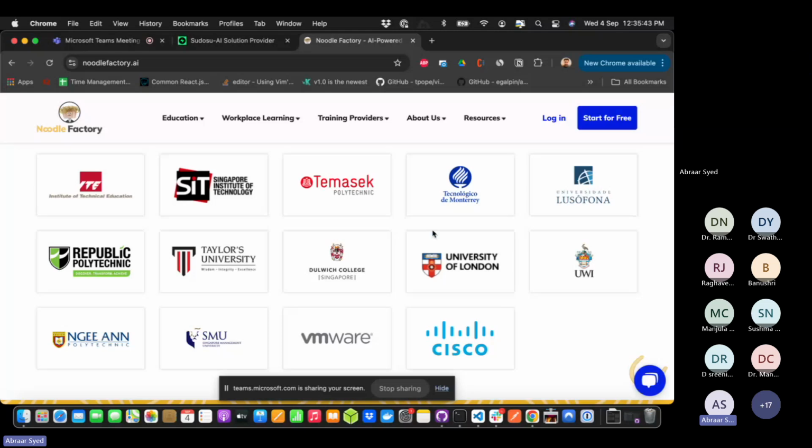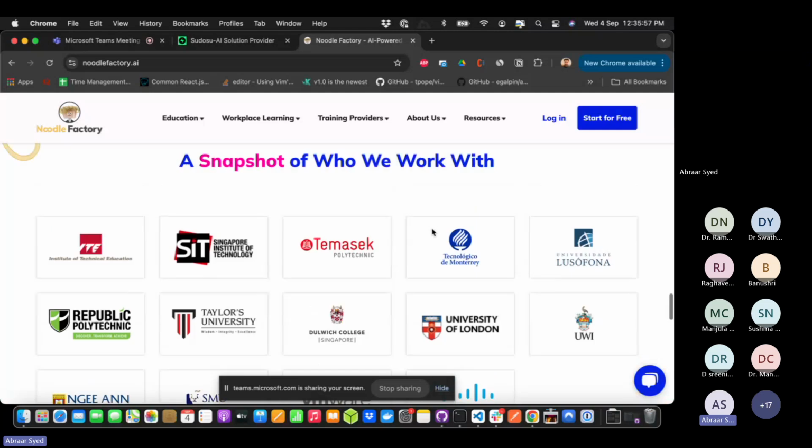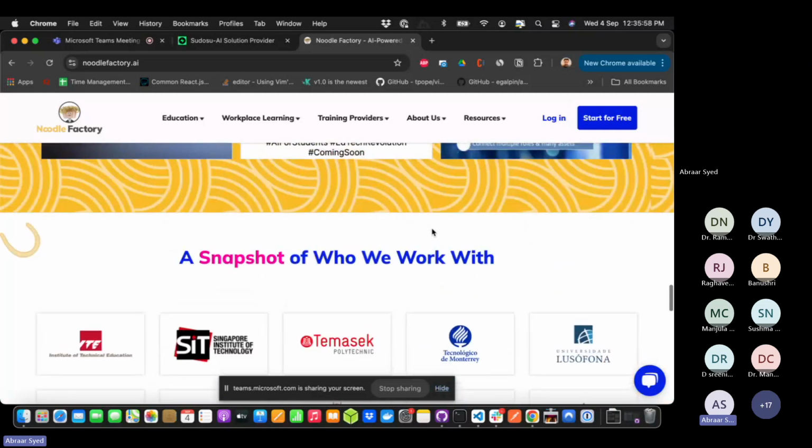And we did this before LLMs and transformers came into the picture. We even collaborated with AI Singapore, which is one of the departments under NUS, National University of Singapore, and it is also backed by Microsoft. So we worked closely with them to improve our model. Initially our model's accuracy was 67%.